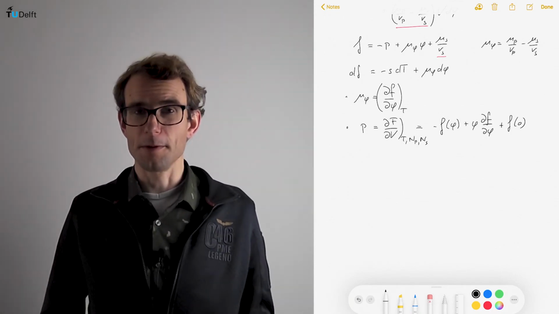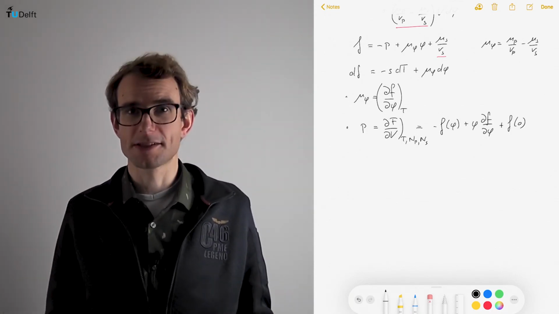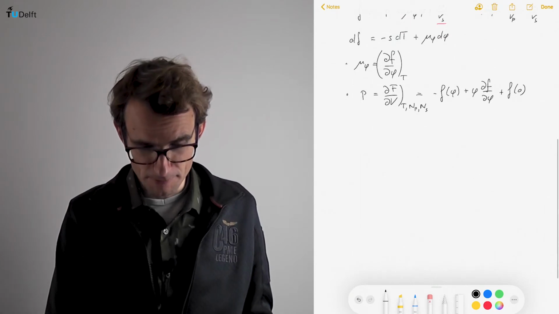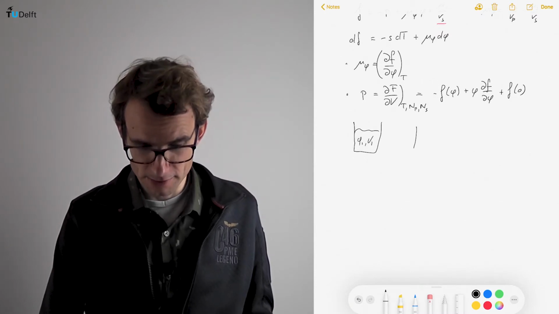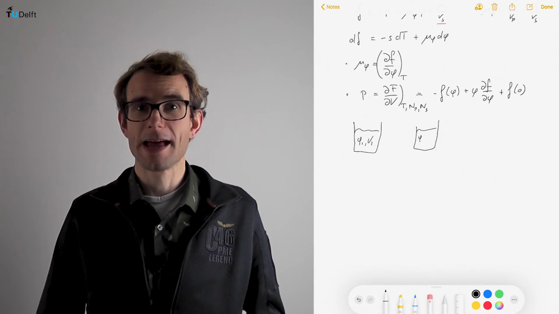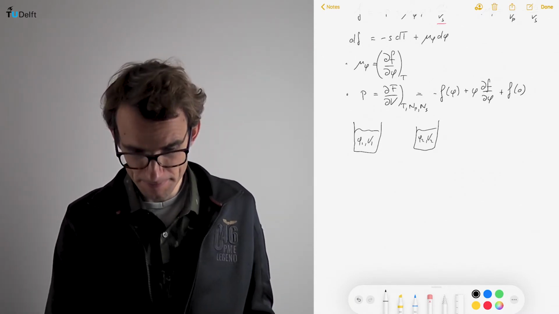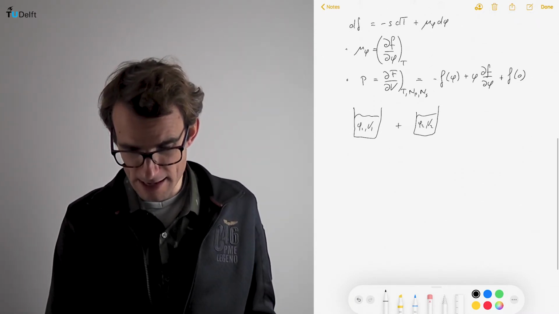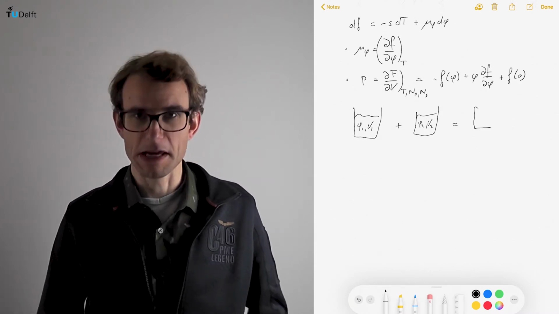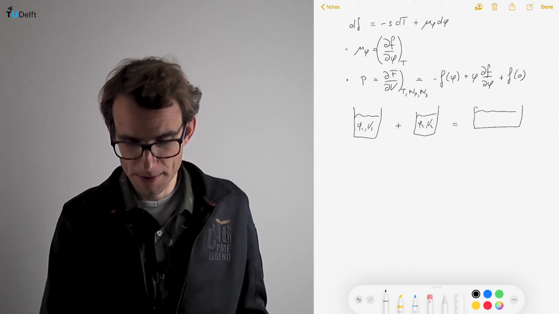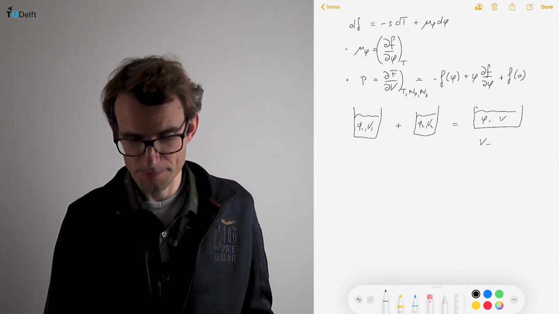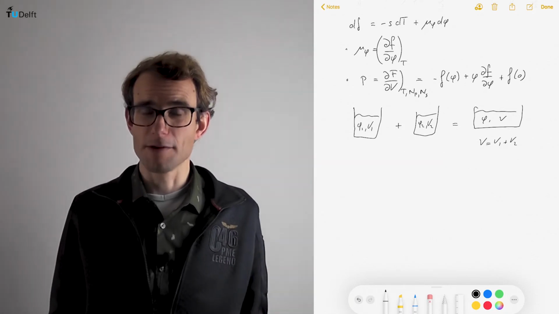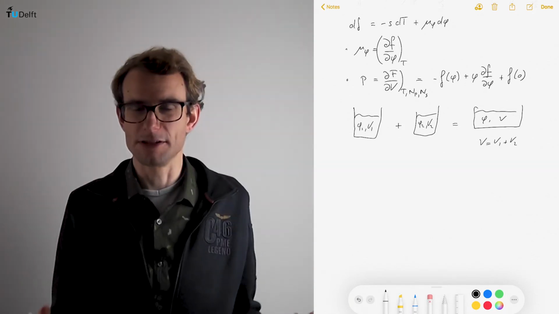So suppose we do the following thought experiment. We have two beakers with two solutions, one with volume V1 and concentration phi1, and one with, surprise, surprise, concentration phi2 and volume V2, and we put them together. So what do we get? Well, if we put them together in some new beaker, we get a new volume, and we also get a new concentration. Of course, the new volume is very easy. It's V1 plus V2. The new concentration, however, the new volume fraction, which boils down to the same thing,